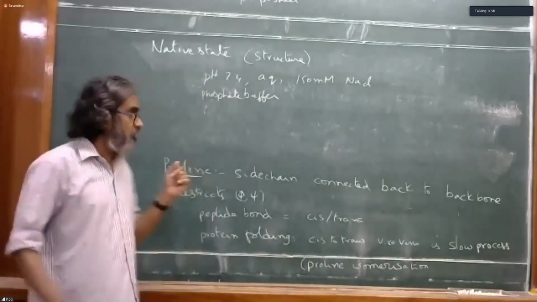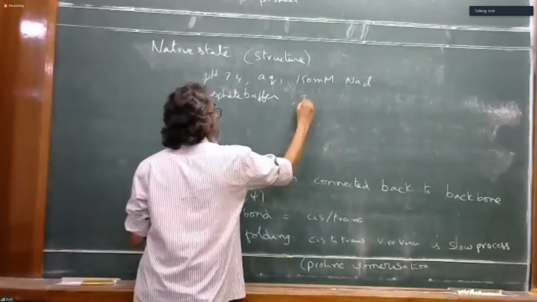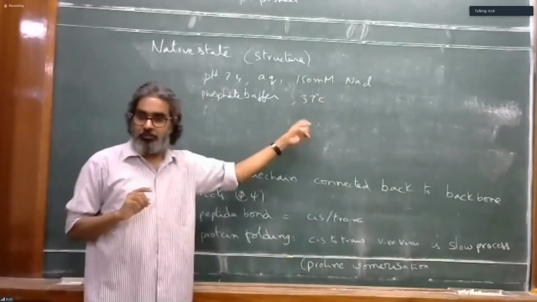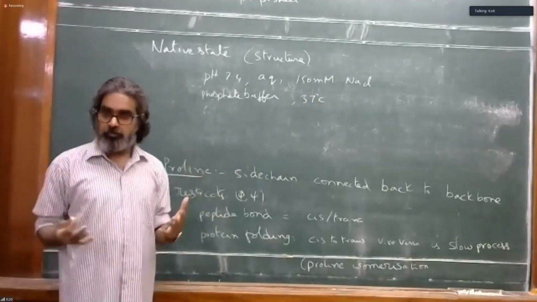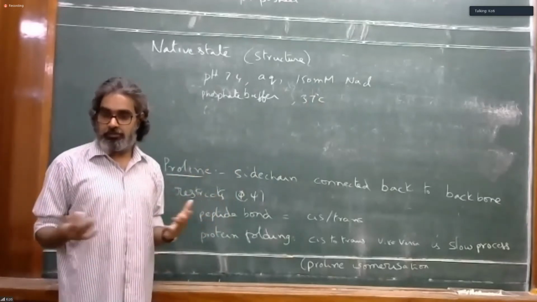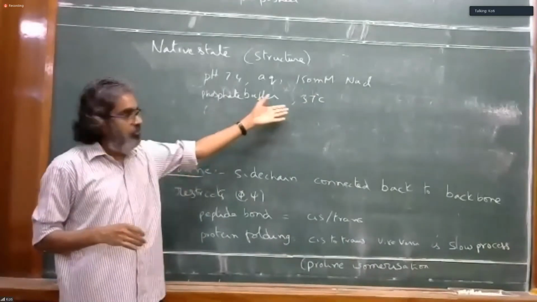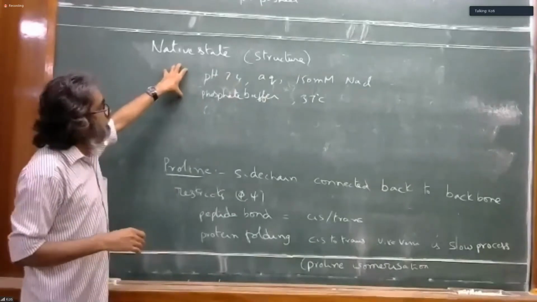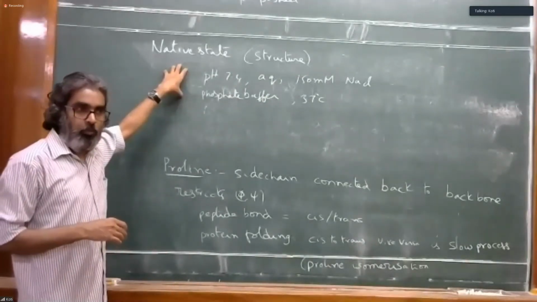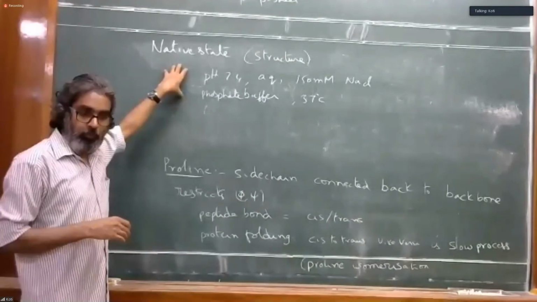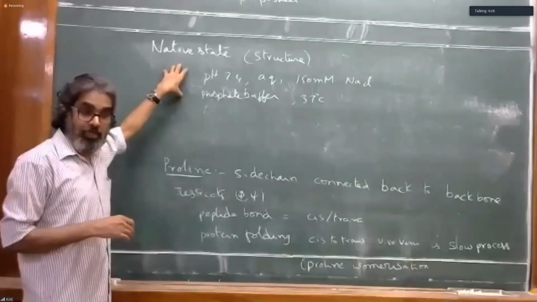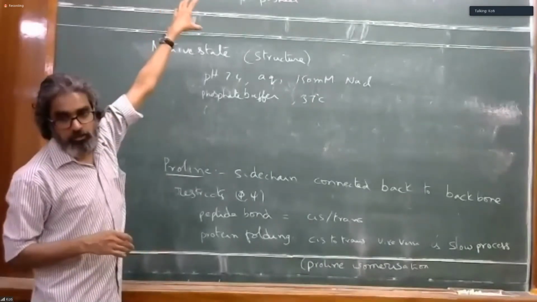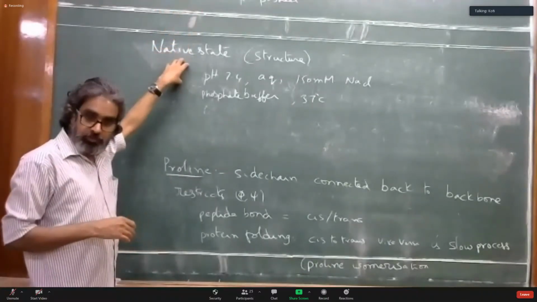Physiological conditions means 37 degrees Celsius, not room temperature. Physiological condition is 37 always. I mean, we are talking about the mammalian system, and of course normal pressure, etc. So these are the conditions. Any protein which adopts a well-defined three-dimensional arrangement of its atoms, of course with recognizable secondary structure, then it is in its native state.